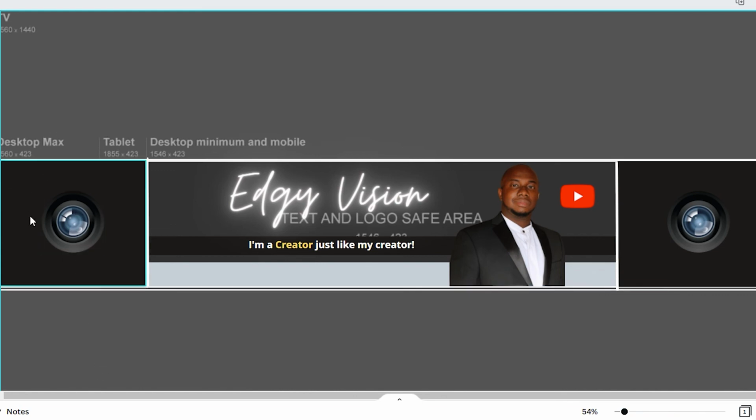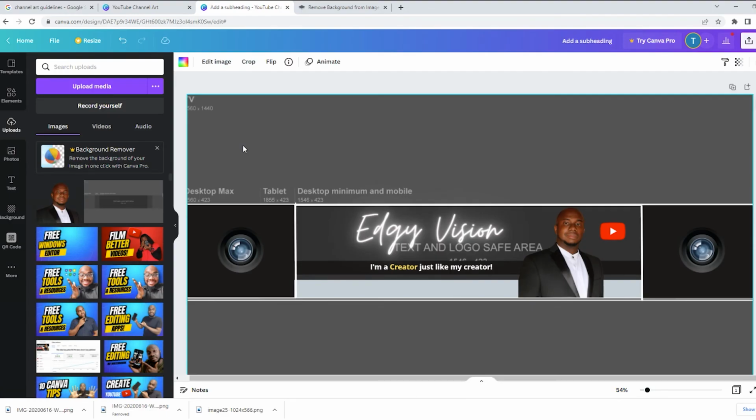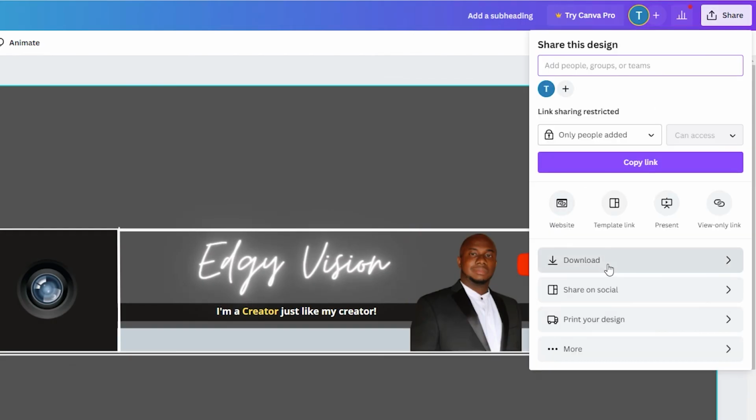But if you're going to add something in this area, make sure it's not something that is important, because if somebody's not using their computer, they're not going to be able to see what you add here. Then again, you could delete the channel guideline. Whenever you're ready, click on share, click on download,